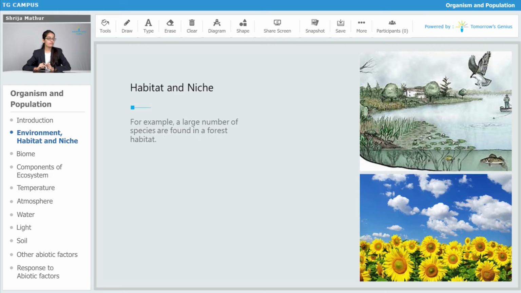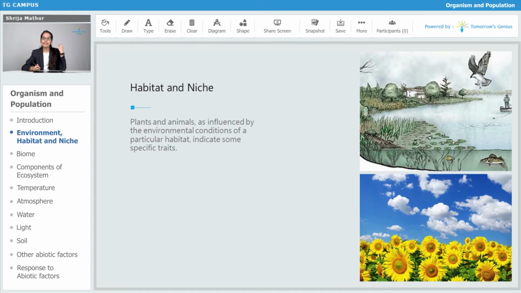For example, a large number of species are found in forest habitat. Similarly, we can say that a large number of species are there in the ocean habitat also. So different organisms have different habitats. Plants and animals, as influenced by the environmental conditions of a particular habitat, indicate some specific traits. So dependent upon what traits are there, the organisms are equipped for that kind of environment. In what environment they have to adapt, survive and reproduce, depending upon that they have